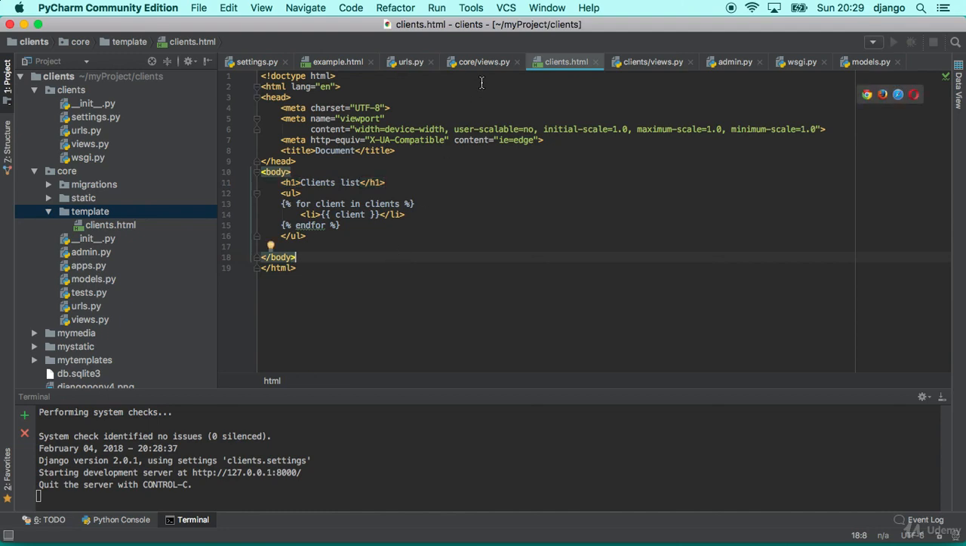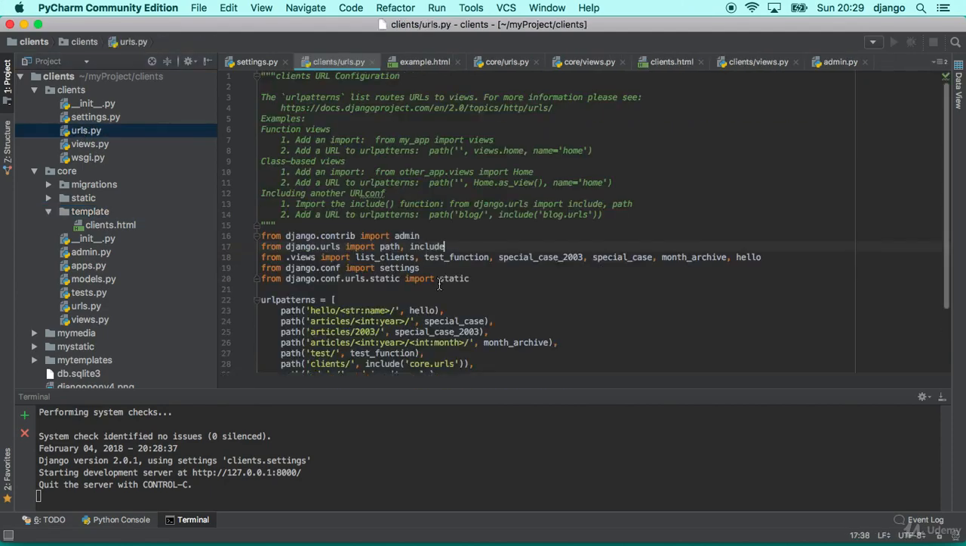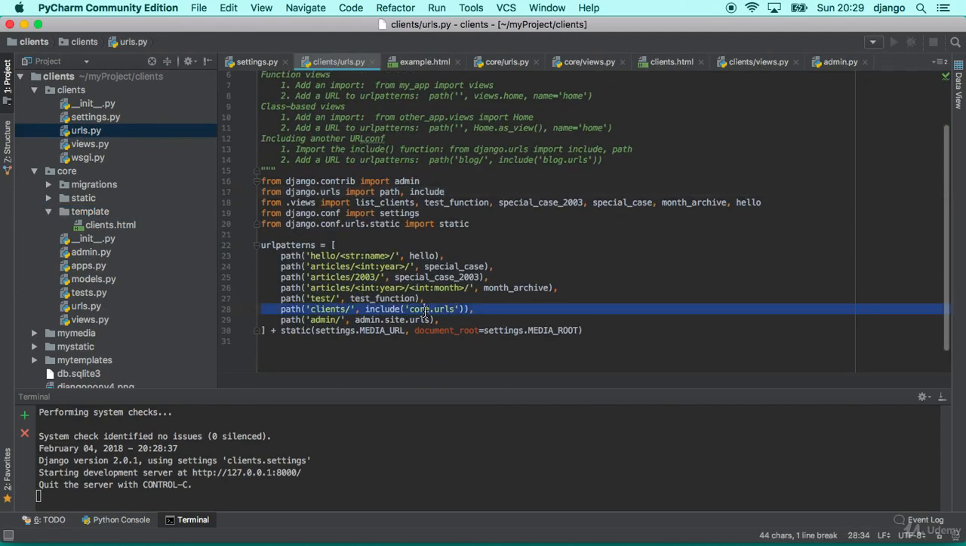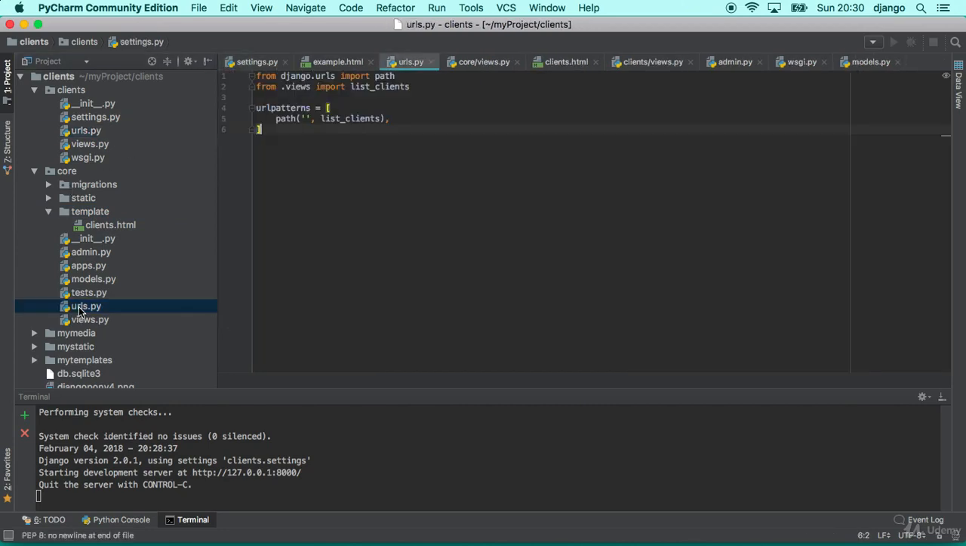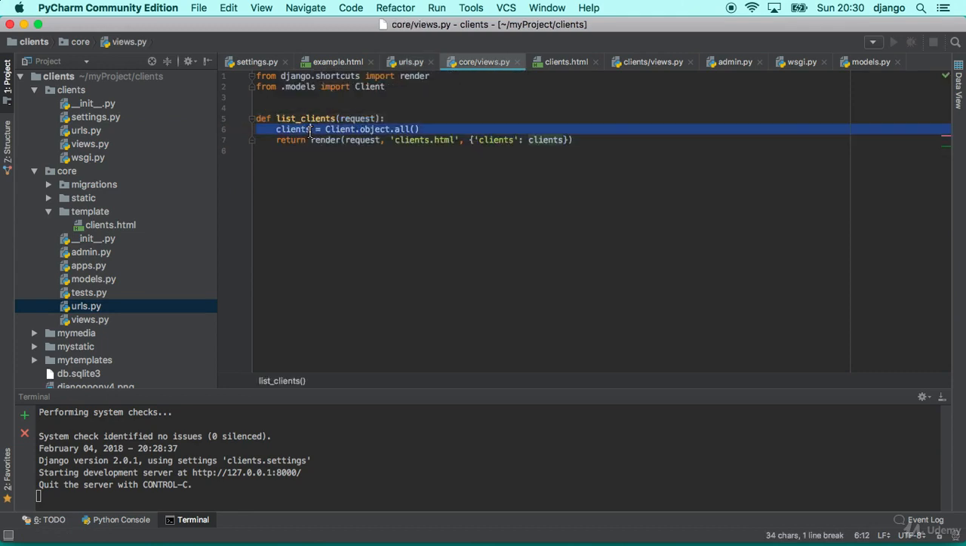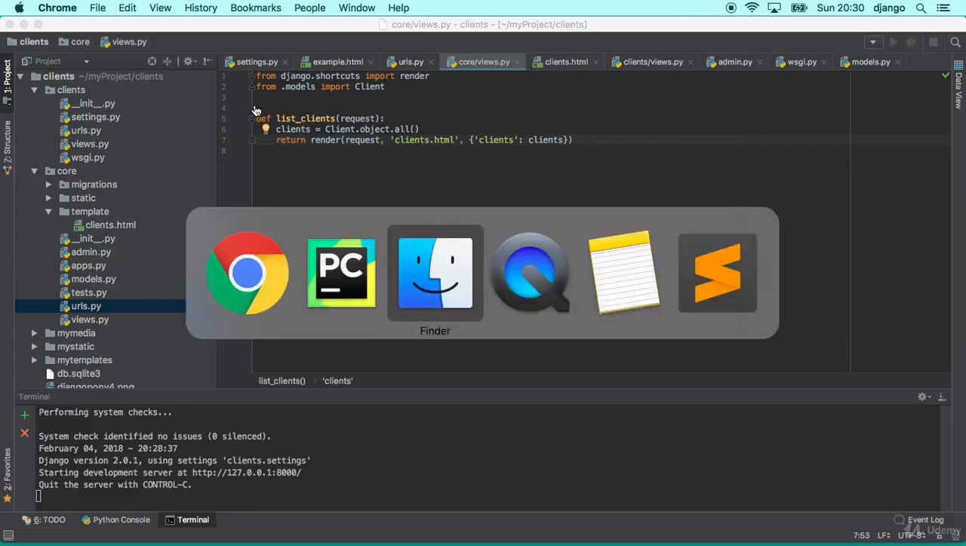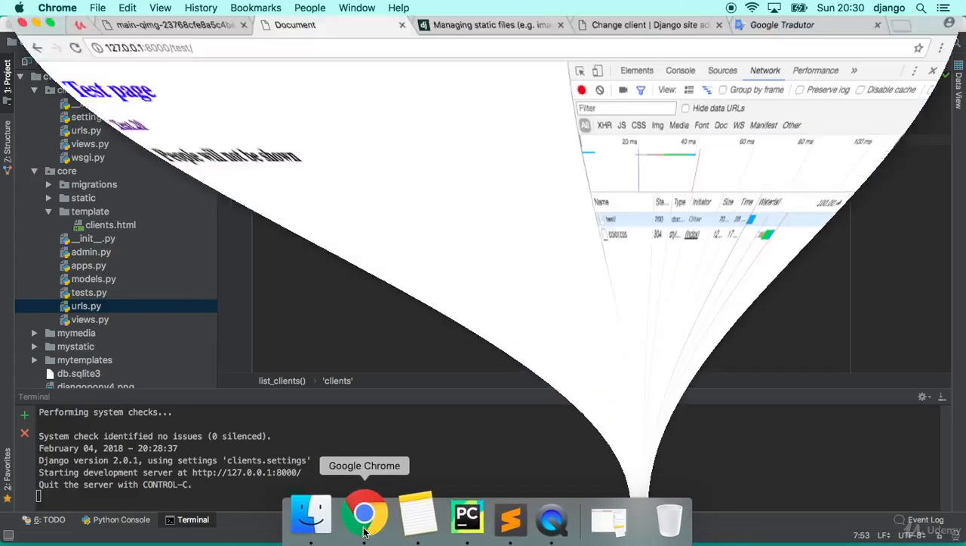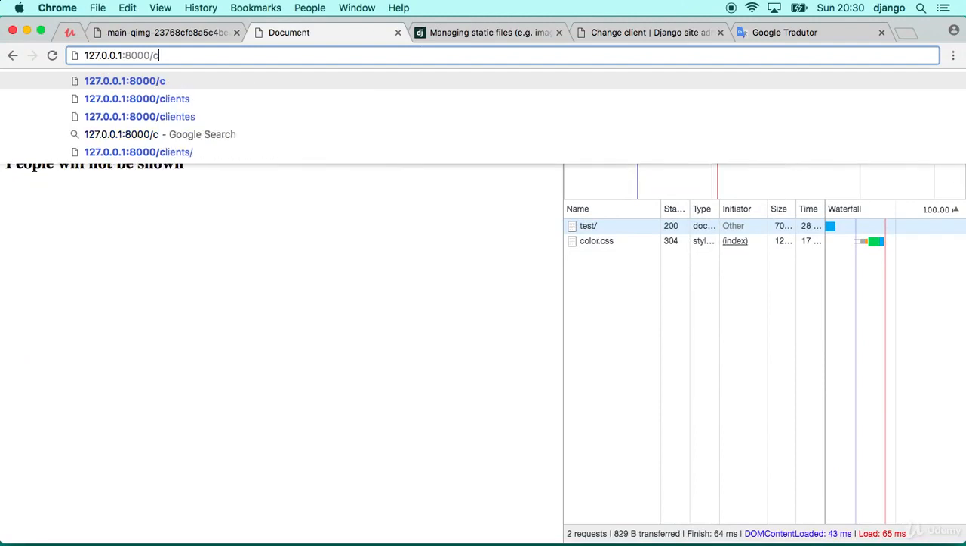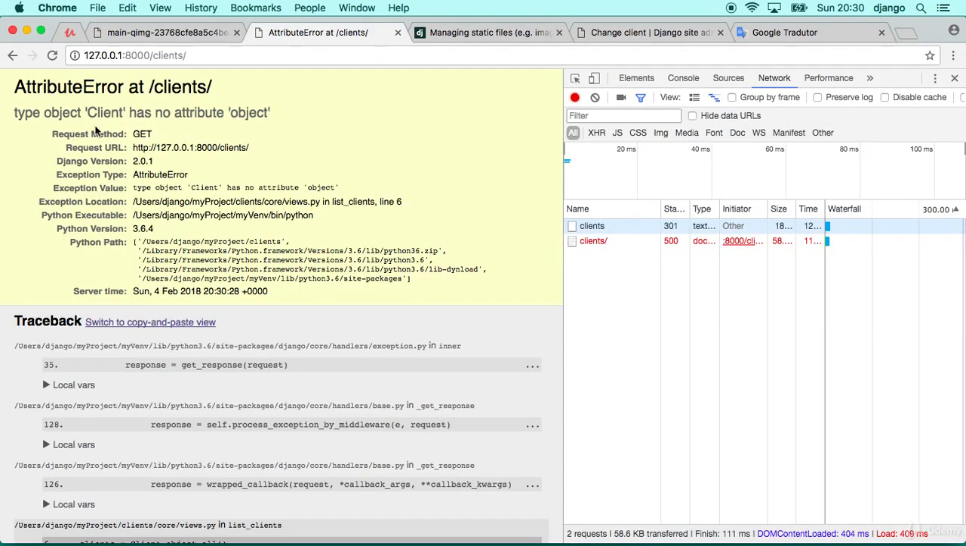Okay, so we imported the URLs from our core URLs. We create a file in core called URLs, and we include one path with a new URL linked to this function, and this function reads all the clients from the database, puts them in a template, and sends them back to the users. Let's see if it is working fine. If we go here and do clients now, we have an error: